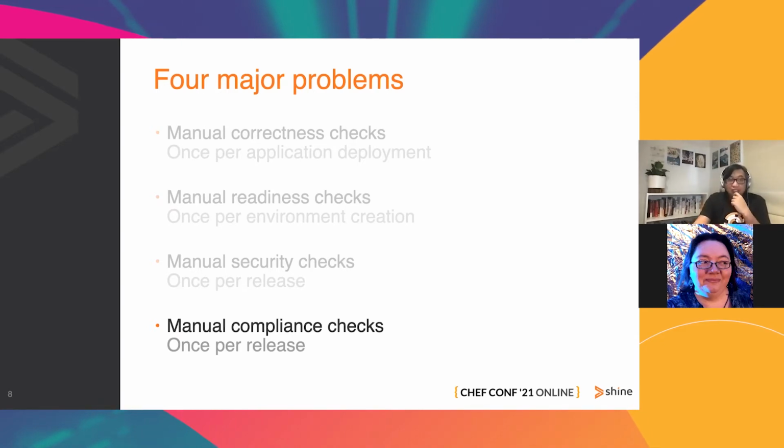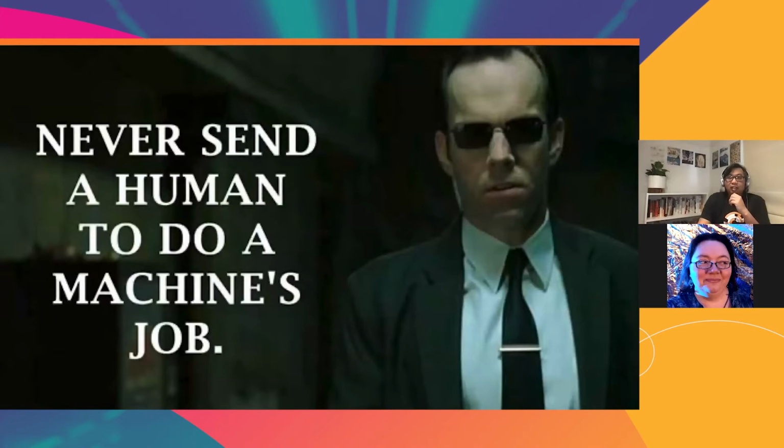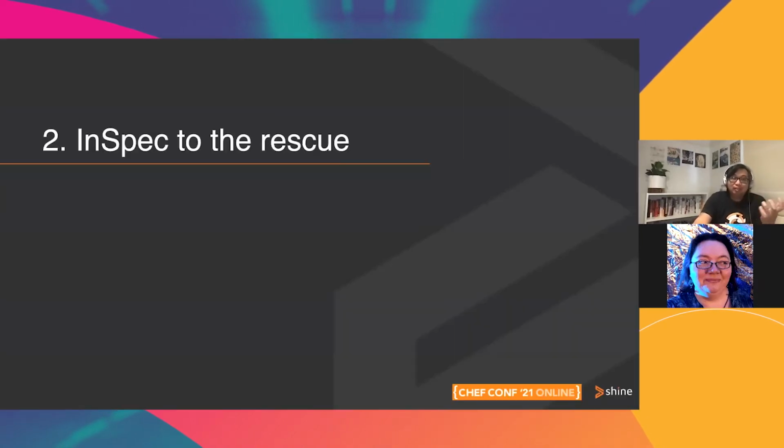So the greatest lesson that we took, and this is really the one message coming out of watching the movie The Matrix, is exactly what Agent Smith said here: never send a human to do a machine's job. When the humans did the compliance review check for our environments, it was really error-prone, and we simply couldn't rely on humans to do that. So we started looking for solutions, and lo and behold, we found Inspect. We started introducing Inspect, and it came to our rescue.